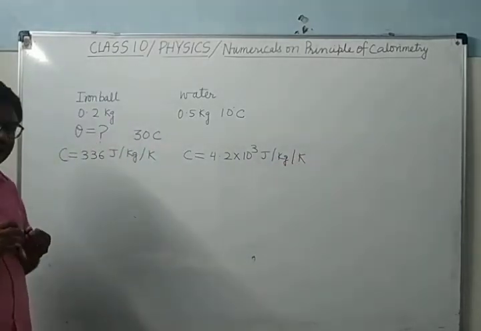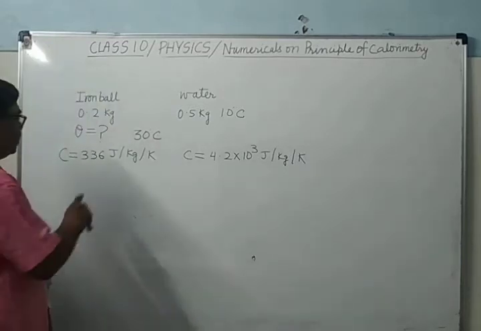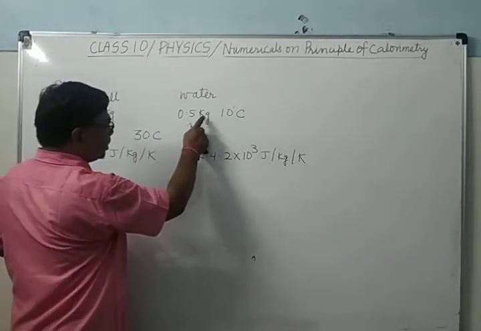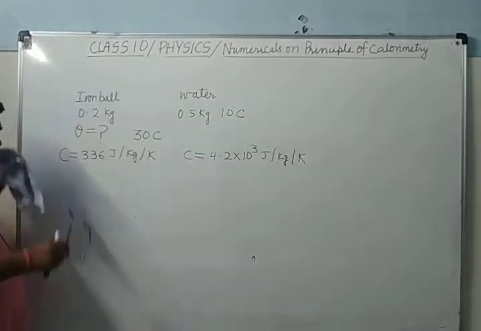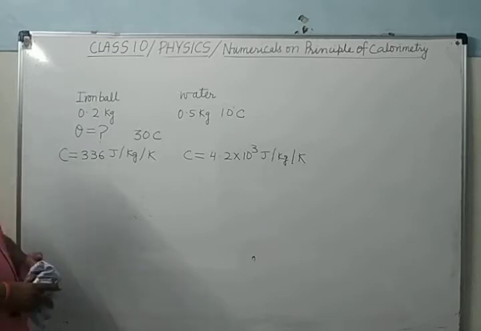First you check the value of the mass at both the places. It should be in kg. Here it is in kg, and the SHC is also per kg. Here it is in kg, SHC is also per kg. If there is a unit difference, then you have to make the units the same. It's clear.